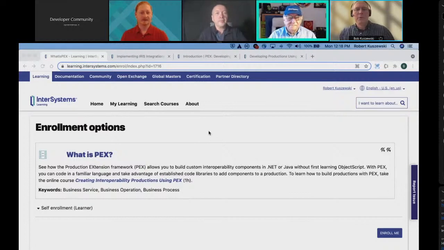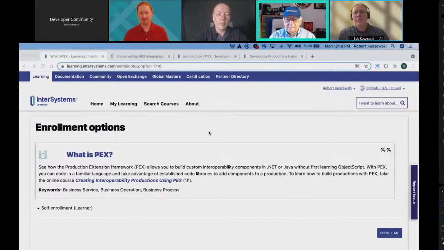So for those of you who are interested in extending the suite of connectors that we have available for interoperability, say you needed to connect to some sensor or third-party system that we don't have a connector built in already, one of the options available to you is production extensions, what we affectionately inside InterSystems call PECs.